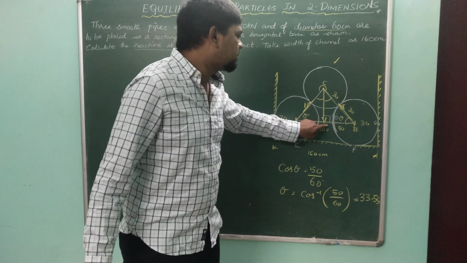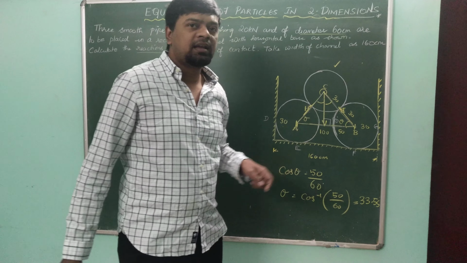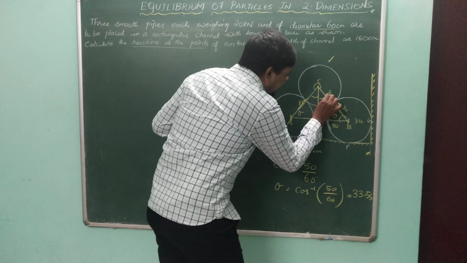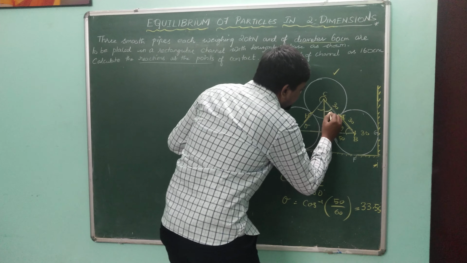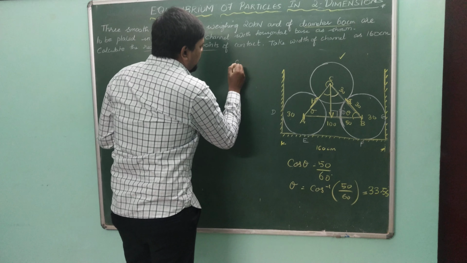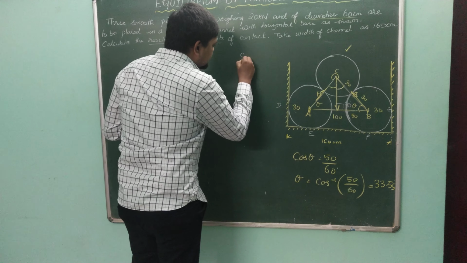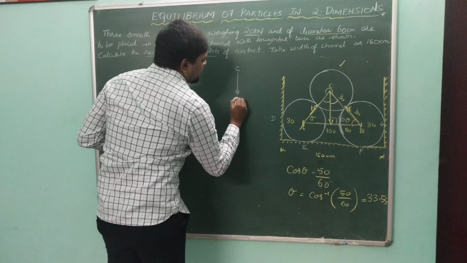Again, coming to this part, this is a right angle triangle. Sum of angles inside a triangle is 180 degree. So this angle is going to be 56.45. Let me draw the free body diagram for this point. So this is point B, point C, and the self-weight is going to act vertically downwards. The self-weight is 20 kilonewton.